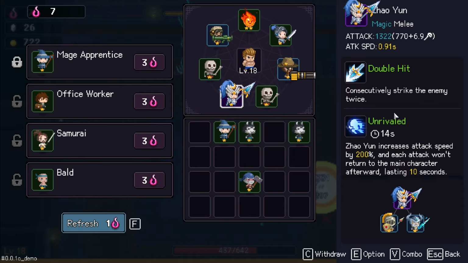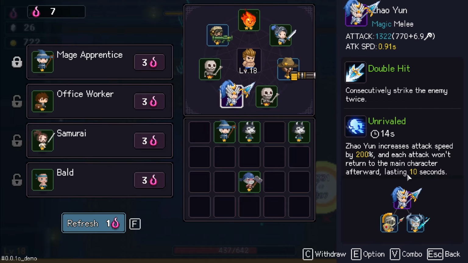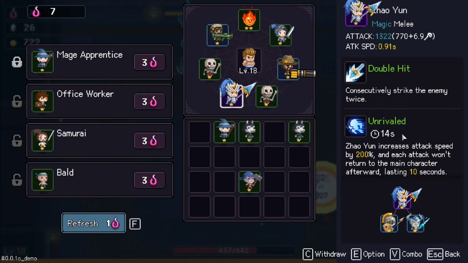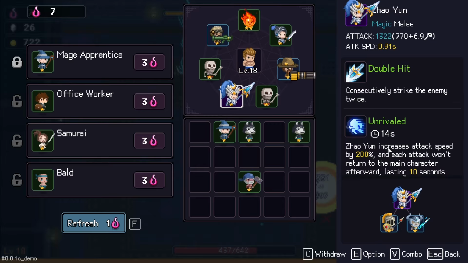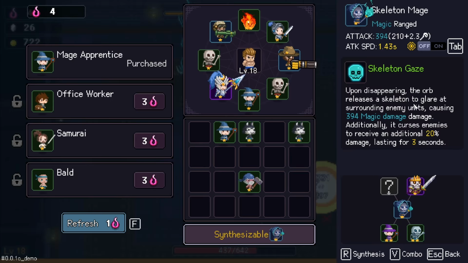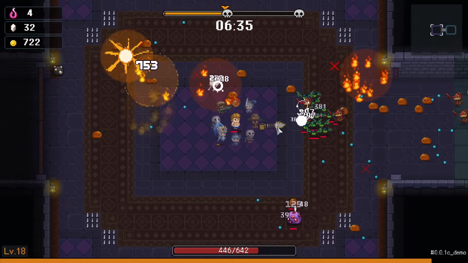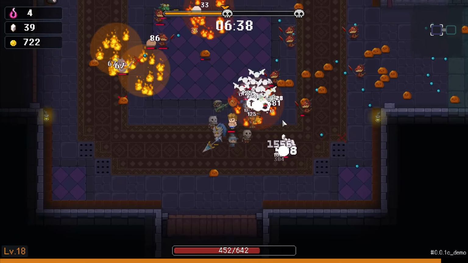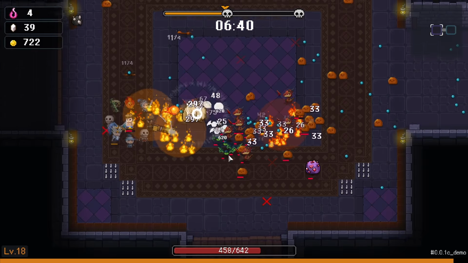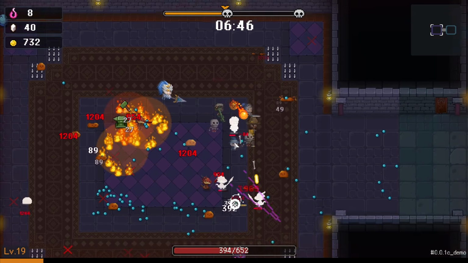Hold up. Wait, the buff lasts 10 seconds? So this cooldown has to be after this 10 seconds, right? Otherwise, there's just 4 seconds where this isn't up. Okay, we gotta see about that. That seems a little cracked. So the attack doesn't come back. What does that mean? Because it's not like a boomerang attack. Okay, so here's your...